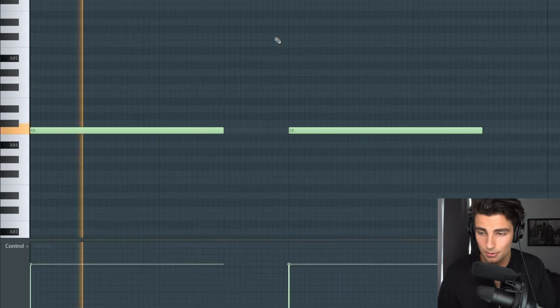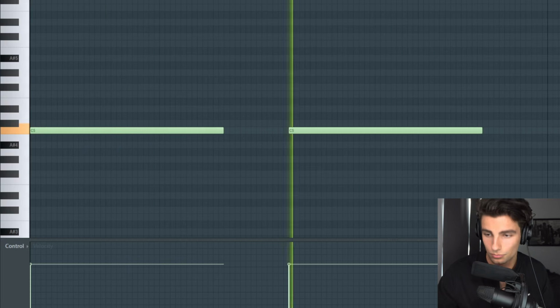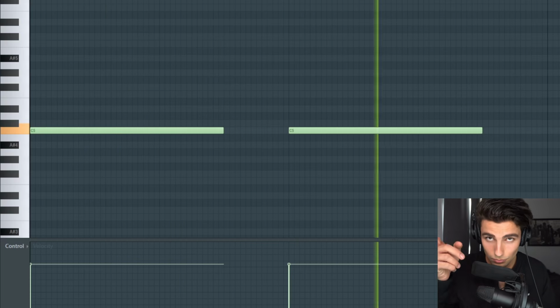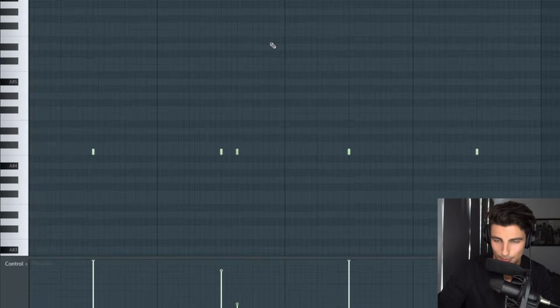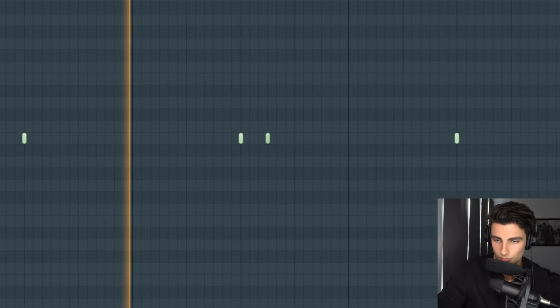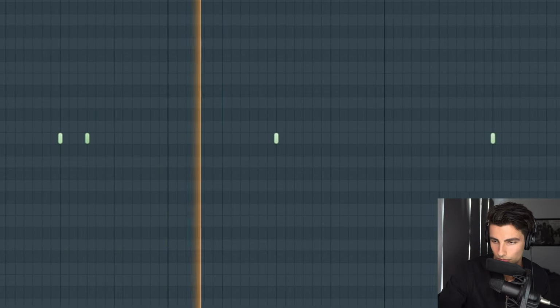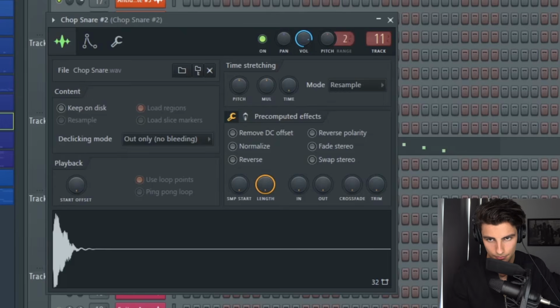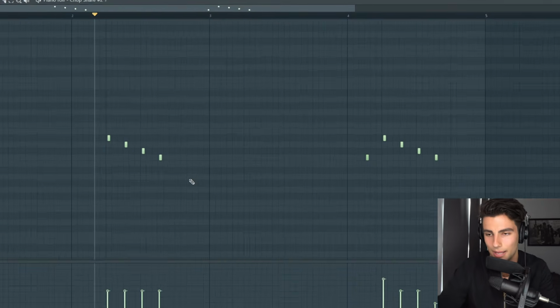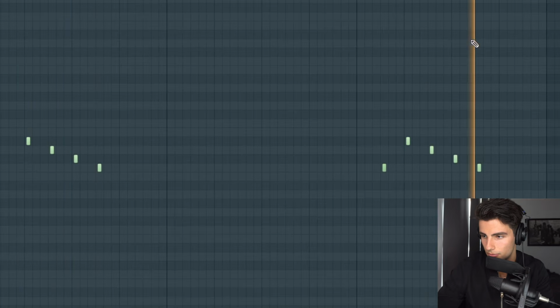Then we have the open hi-hat, which just plays every 2 beats. Then we have the identical snare, and it plays this pattern. And that pairs with the chop snare, which is like this tonal snare, so it has a really distinct sound. And it's playing these little descending patterns. And if you're wearing headphones, you'll hear that they're switching in pan from right ear to left.